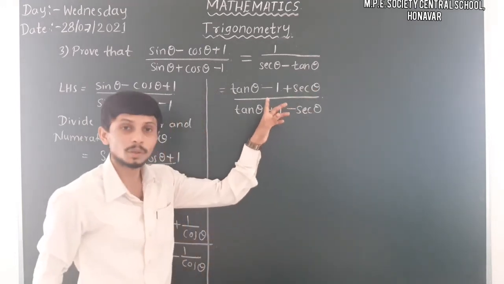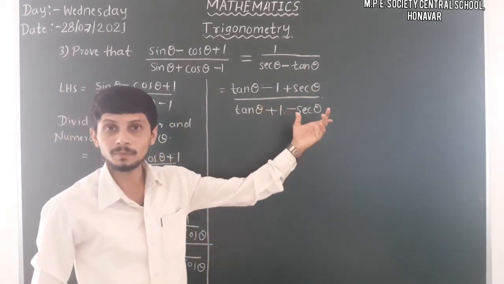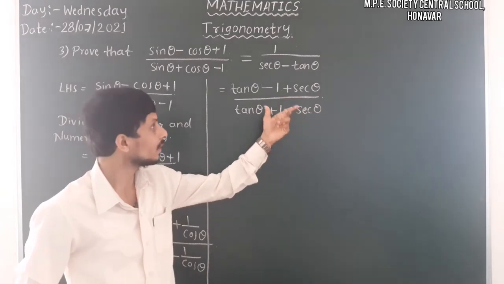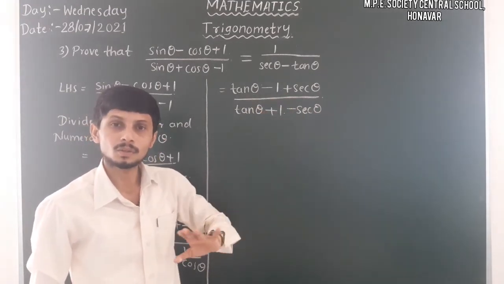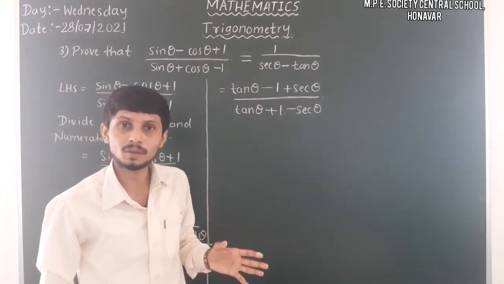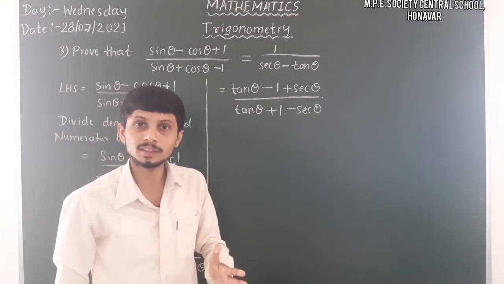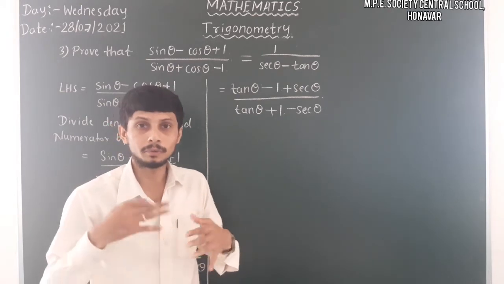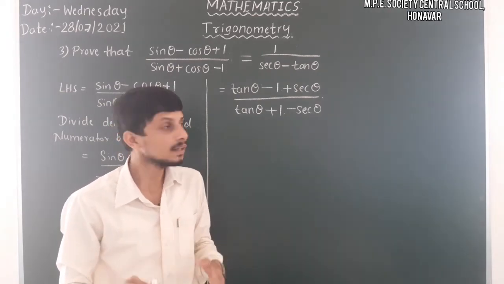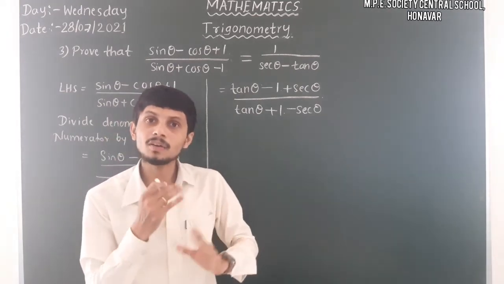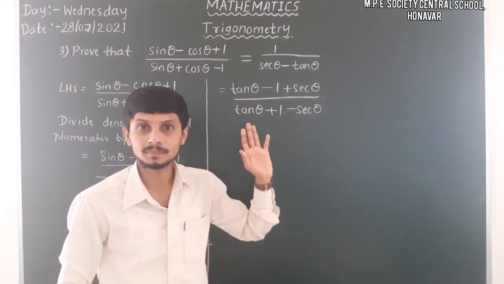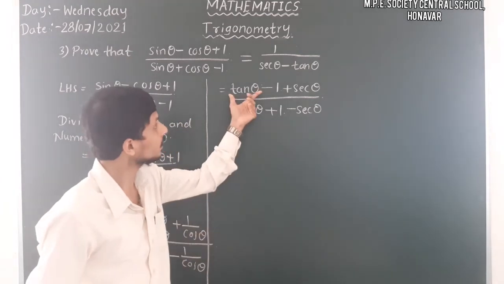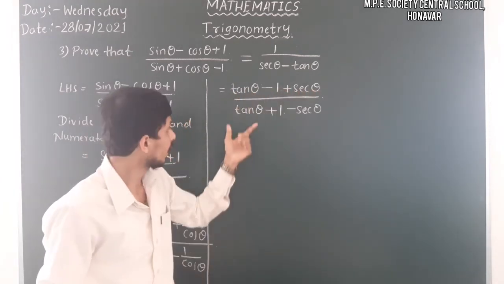Yes. So here just observe, we are not getting the required form. So here also we are getting that it is difficult to solve. But don't lose hope this time, because as I suggested, firstly you have to convert it into the required form. But here there is some step we have to take, and then we have to move on to get our required result. Okay, so just observe here tan theta plus sec theta we have, and tan theta